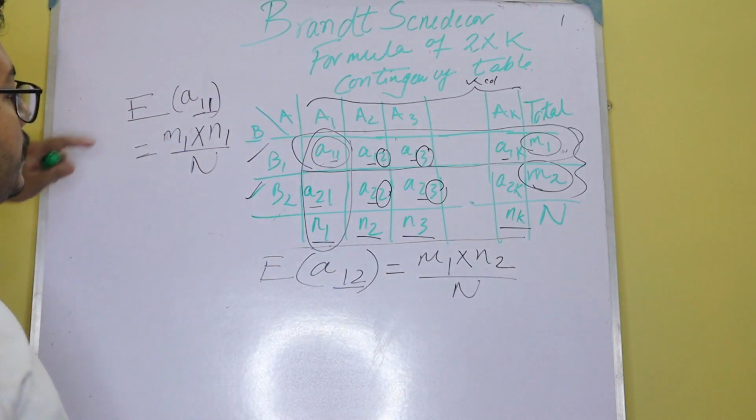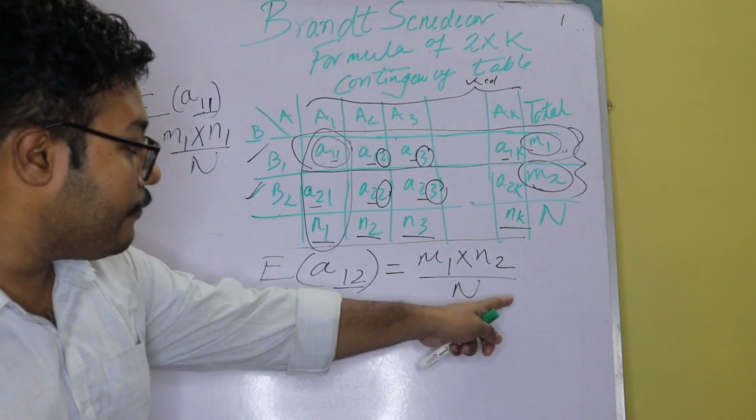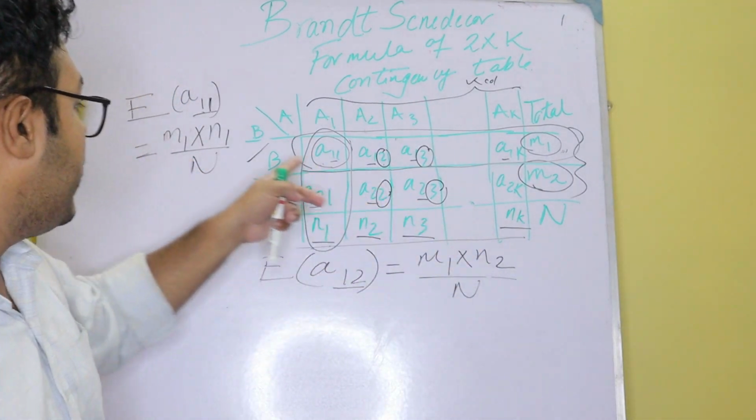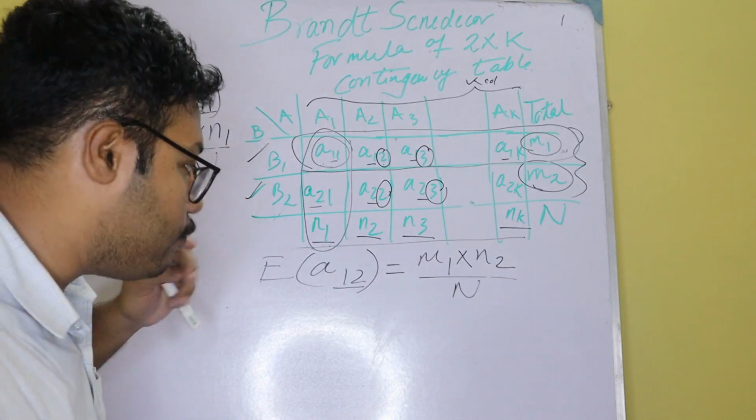This will be a11 and this is a12. So the columns are changing. That's why this is n2 and this is n1. Now